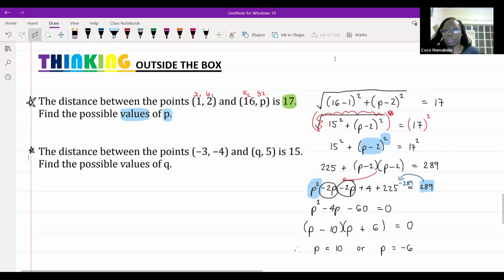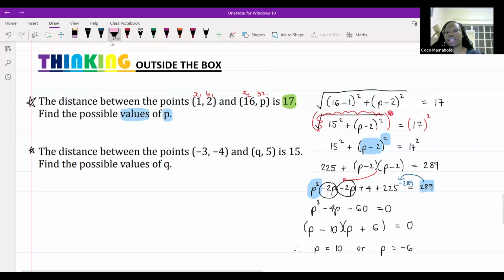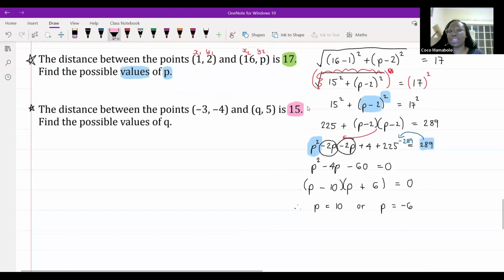Okay. All right, let's look at the information we've been given in this next question. It says, the distance between these 2 points is 15. Do you see how they've given us the distance? Right, they've given us the distance. So first thing I'm going to do is I'm going to label x1, y1, x2, y2. Right, and I know that my distance formula is equal to the square root